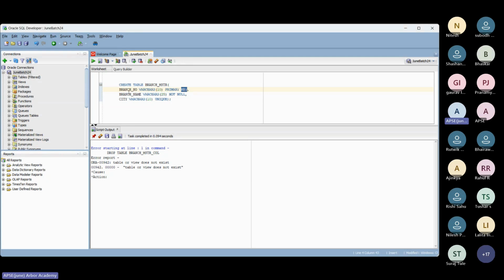Then we go to the branch name. Can you have a branch which is having no value? So you may say, you may take any, say SBI. So if SBI is there, then wherever it is, in any locality,